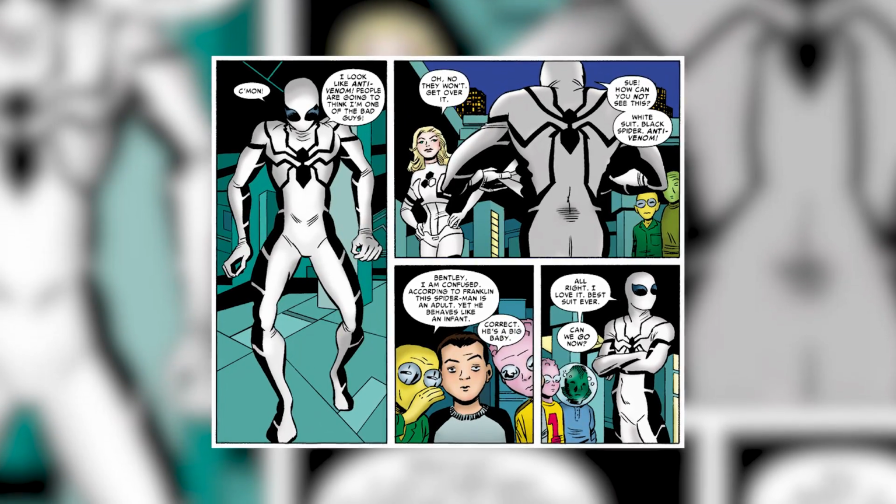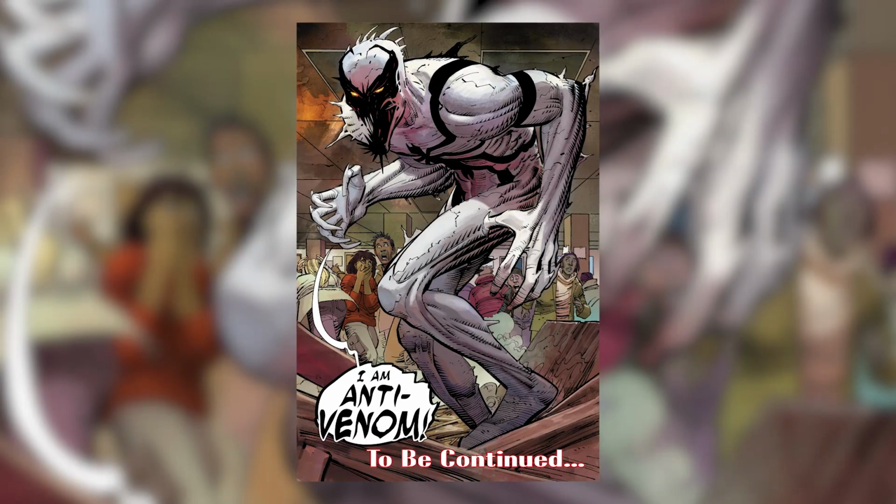When the Future Foundation tells him that using an old costume is disrespectful to Johnny's legacy, Spidey is forced to suit up in one of the group's new black and white get-ups. Spider-Man initially hates the costume, thinking it makes him look like one of his villains, Anti-Venom, but then he eventually goes with it. I just really like the black and white color scheme of this costume,